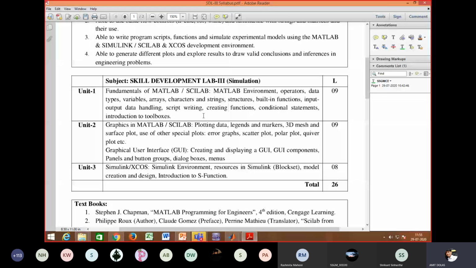Once he finishes a few points from this subject, again he will hand over to me, maybe during GUI, graphical user interface, or maybe during graphics in MATLAB. So he will also cover 4-5 points or more within a month, and later on he will hand over this lecture to me.